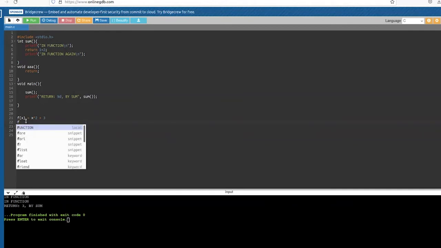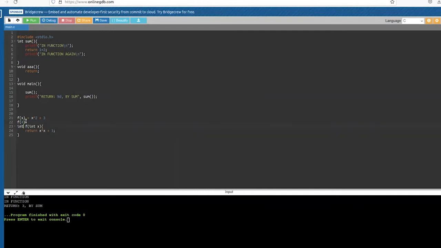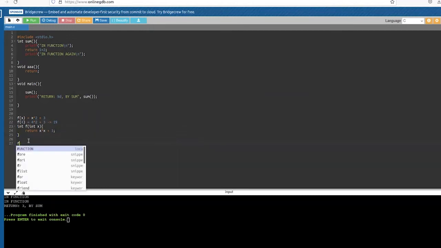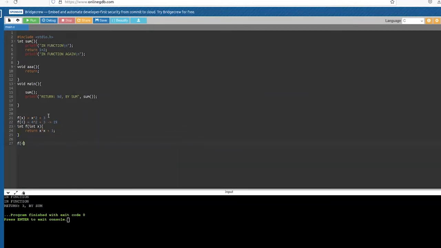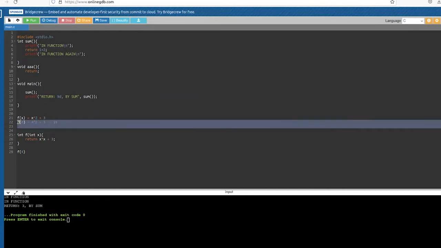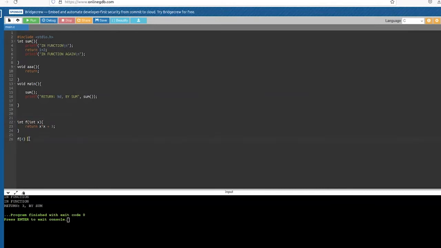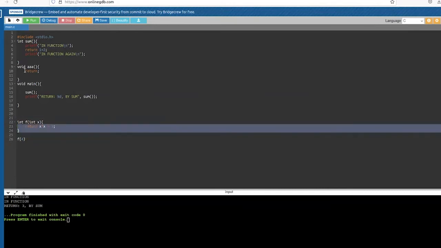So if you call f of x in mathematical terms, you will do f of 4 is equal to 4 to the power of 2 plus 3. So this is also the equivalent of 19. And you can do the same here. If you call f(4) in our C language down here, this will return 19 as well, which we can demonstrate